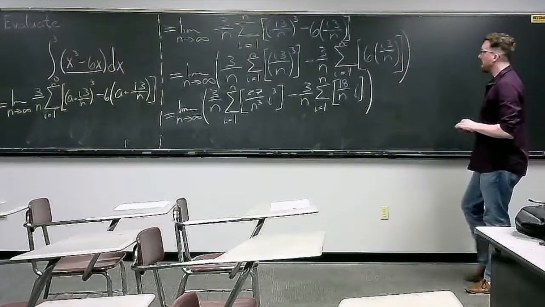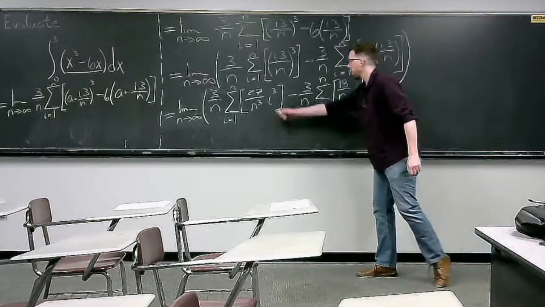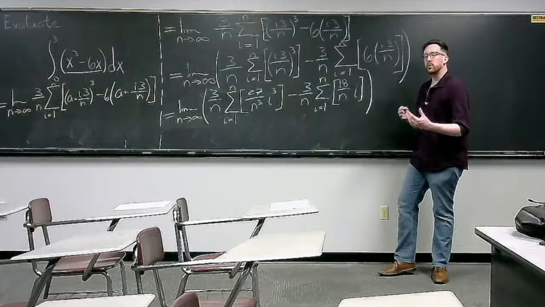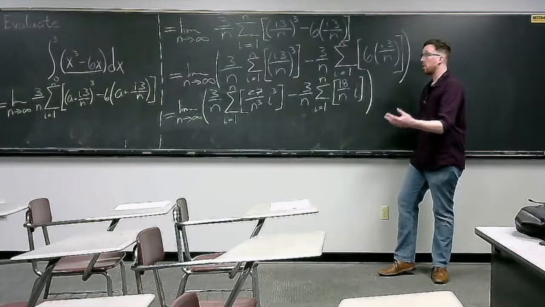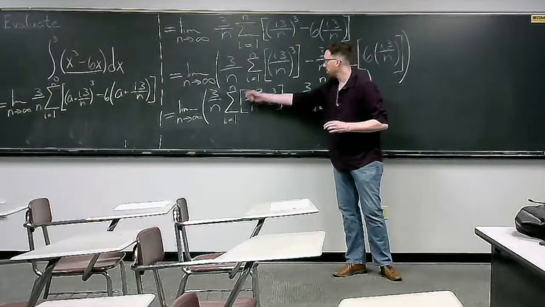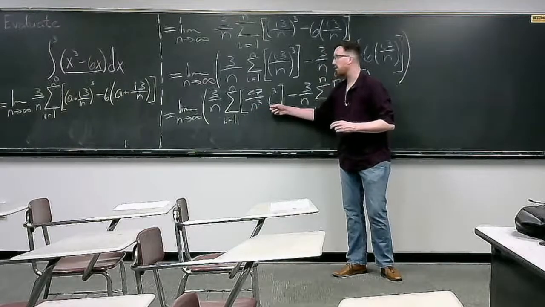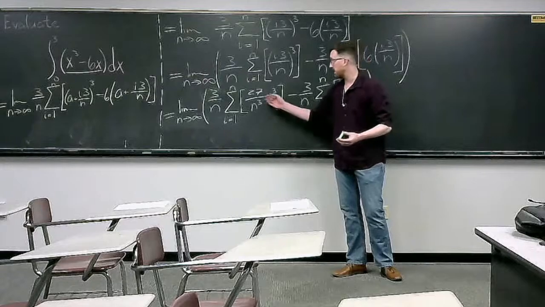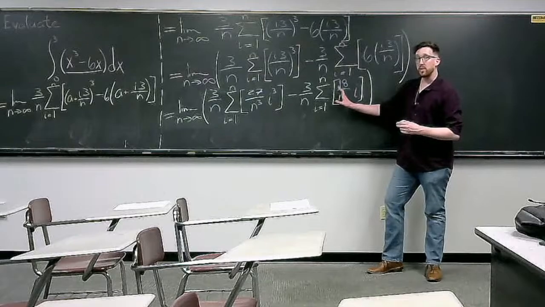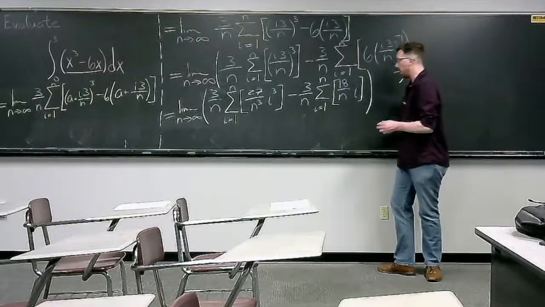Now, you may have noticed something here. In both of these series, I separated, in some sense, what changes from term to term from what just stays the same, right? This 27 over n cubed always stays the same for every term. However, the i cubed changes for every term in this series. Similarly, 18 over n stays the same for every term in this series, but this i changes for every term in the series. So, what we're going to do next